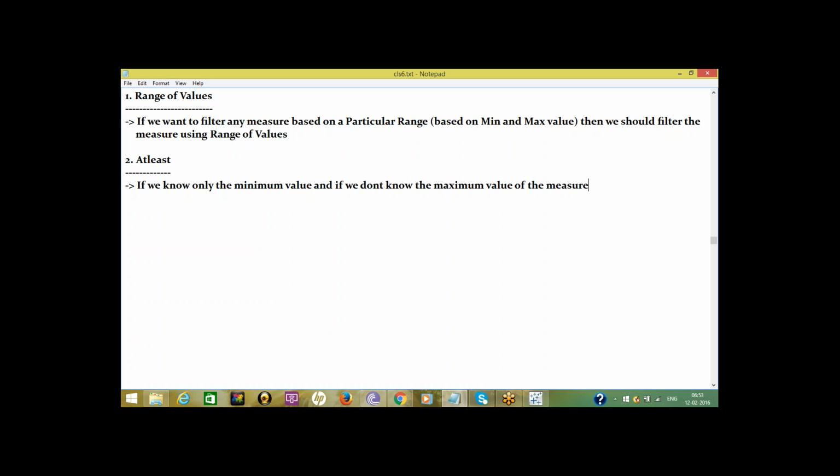Yes, minimum value means greater than or equal to. If you know maximum value, it means less than or equal to. Then we should filter the measure using at least.